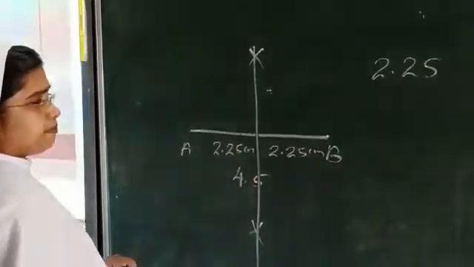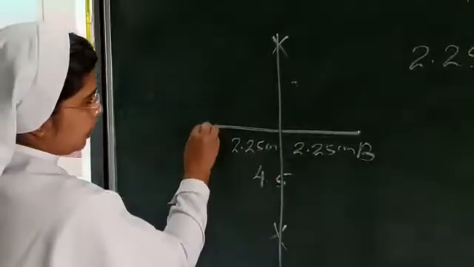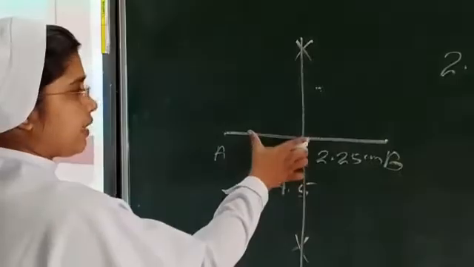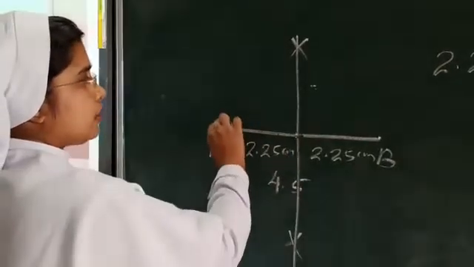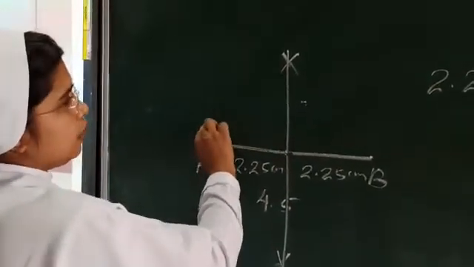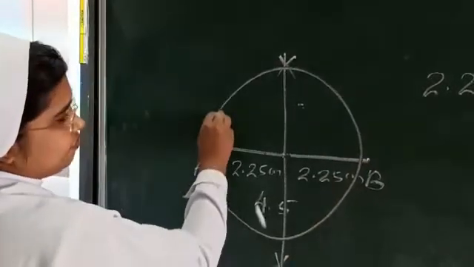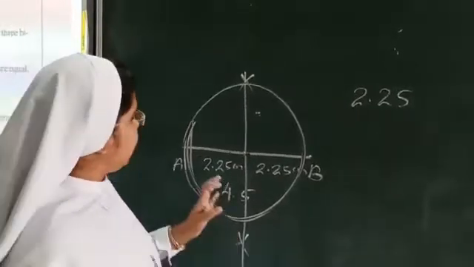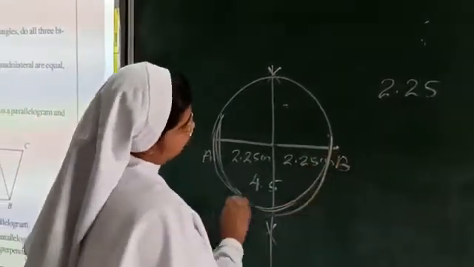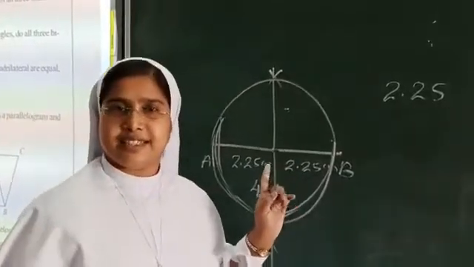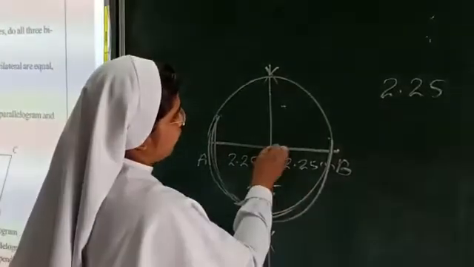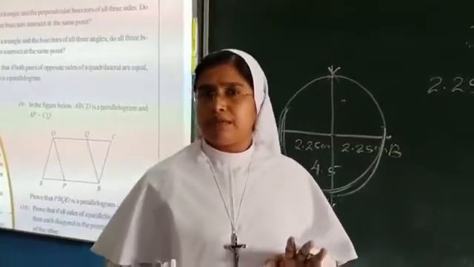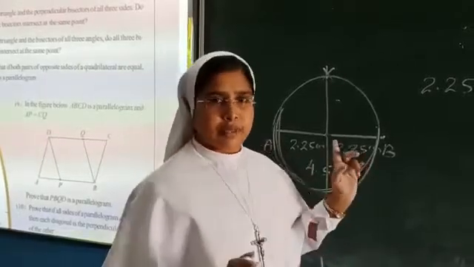Now you know that this one side is 2.25. Now from the compass you have to take exactly 2.25 and draw this as a radius. Draw a circle. Okay, this is the circle. Though my drawing is very poor, you have to understand it is 2.25. You have drawn a circle here with the radius 2.25. You know that the radius to all the sides has to be the same.